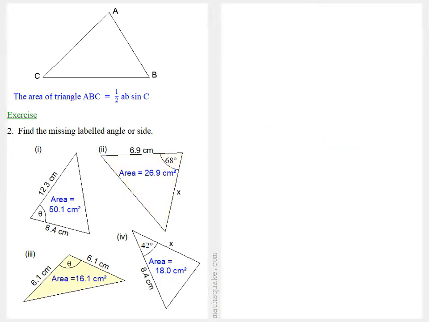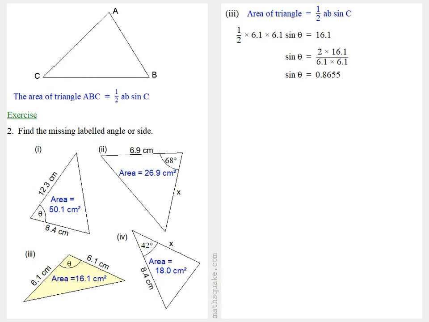If we look at question 2, part 3, this time the angle is not given. That's what we need to calculate. But we still use the same formula. The area of a triangle is a half AB sine C. And we have a half times 6.1 times 6.1 times sine theta equals 16.1. So if we multiply by 2 and divide by 6.1 times 6.1, we get sine theta equals 2 times 16.1 over 6.1 times 6.1. Now that tells us the sine of theta is